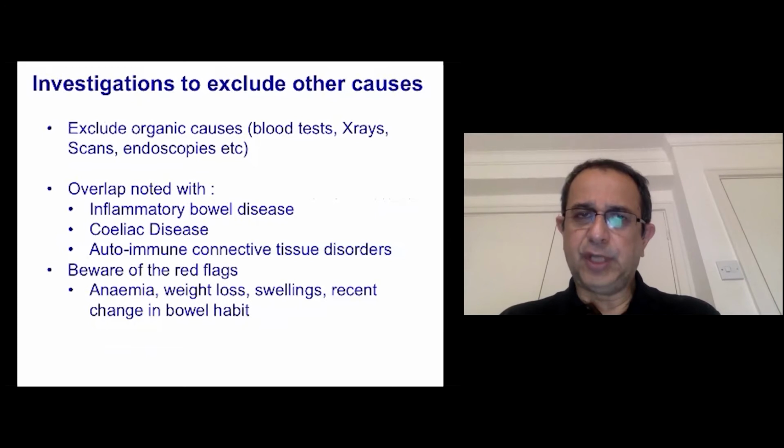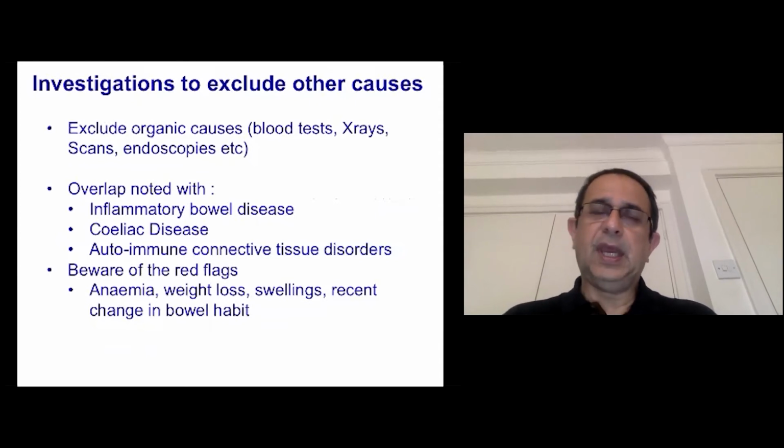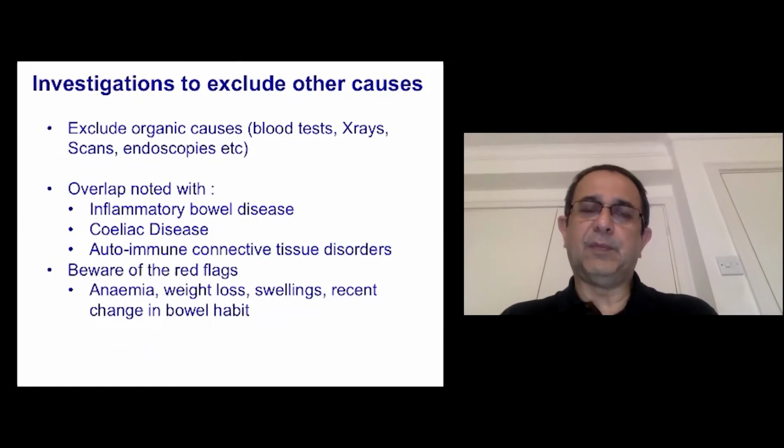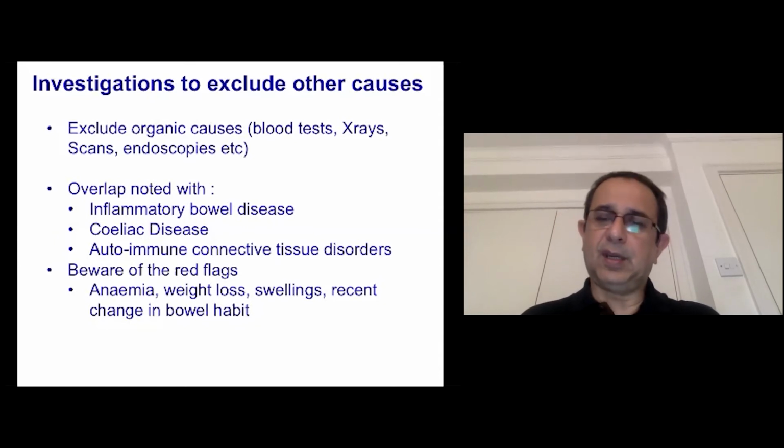In the literature, there is an overlap that has been described with inflammatory bowel disease, celiac disease, and autoimmune connective tissue disorders. And of course, we have to be aware of the red flags of anemia, which could be due to iron deficiency or other vitamin deficiencies like B12 or folate, weight loss, swellings that you can identify when you examine the tummy, or a recent change in bowel habit. If you have any of these red flags, then we need to investigate the patients quite thoroughly to make sure